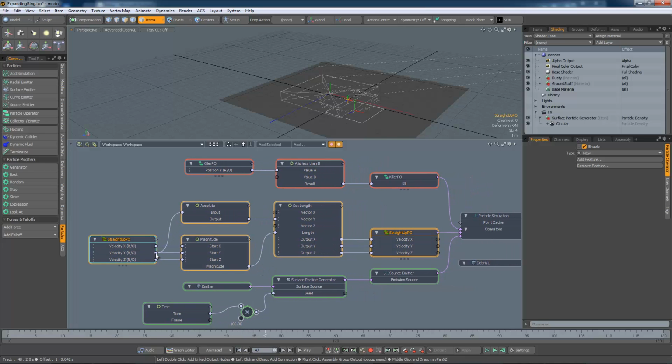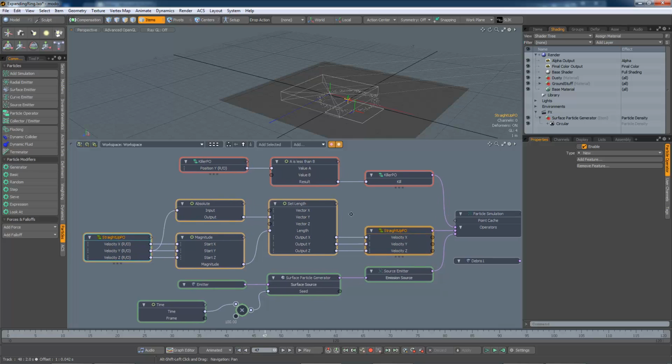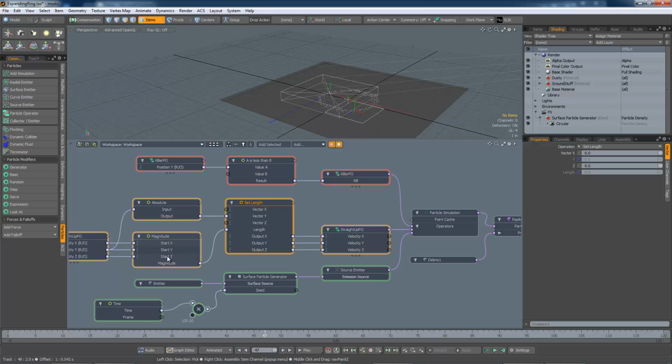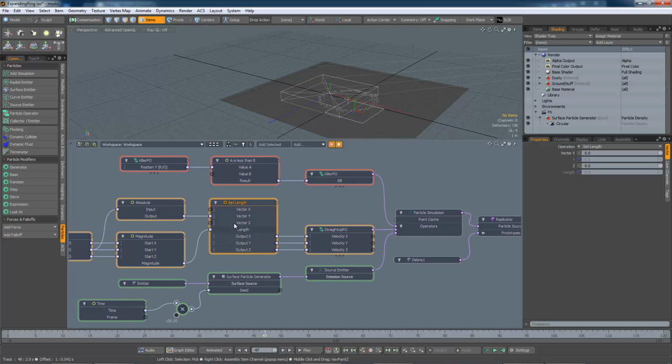I take the y component of the vector and make it positive, so it's pointing upwards rather than upwards and downwards. And then I feed that into this set length function,